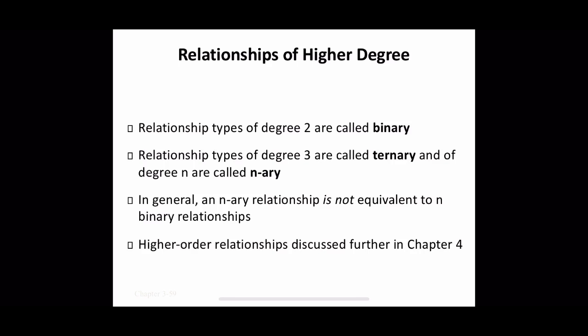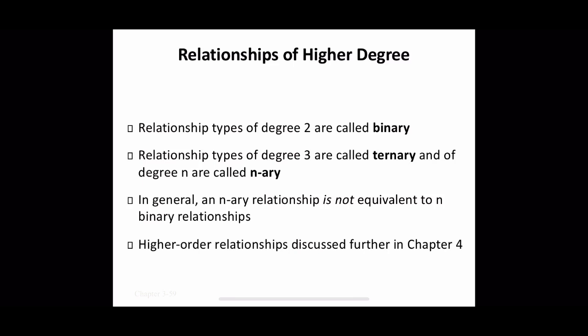All the relationships we have discussed so far were binary, right? That is degree 2. That means only two different entity types participate in the corresponding relationship type. Now let us think about some higher degree relationships. As you know, the degree of a relationship type is the number of participating entity types. So works for, works on, everything is of degree 2. Now we are giving an example of a ternary relationship.